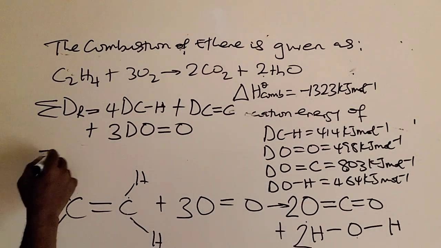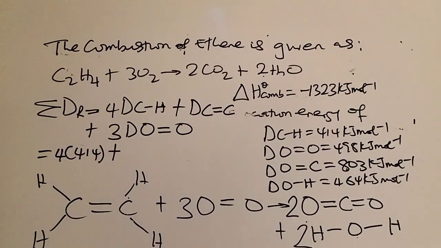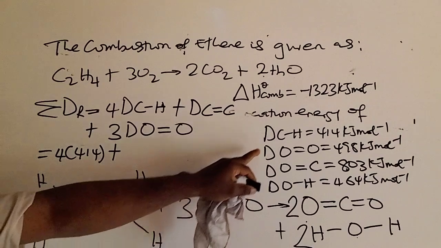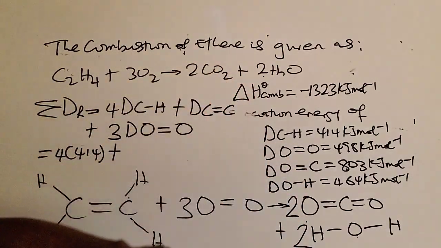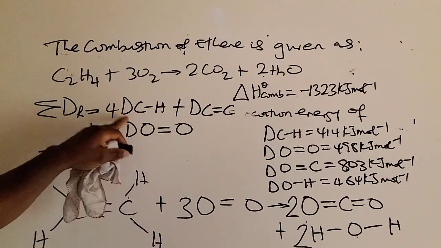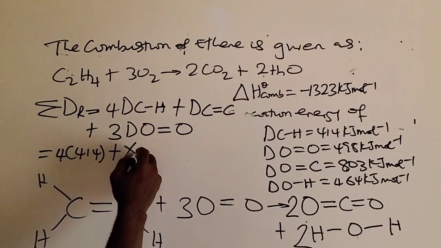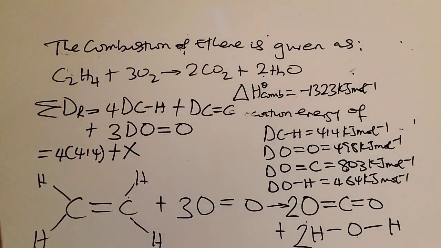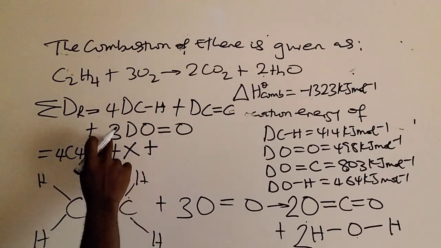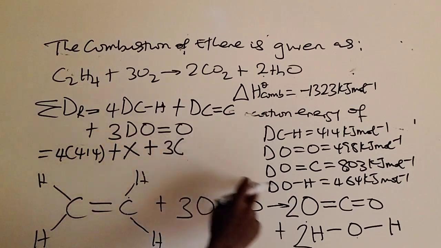And I write 4 into 414, plus the energy of the carbon to carbon double bond, which was not given to us because it is what we are asked to find. So I can call it S, unknown. There's nothing in front, it's only one of the bond. If there were 2, I would have said 2 times S. Then plus 3 times that of oxygen. That becomes 3 into the energy of oxygen, which is